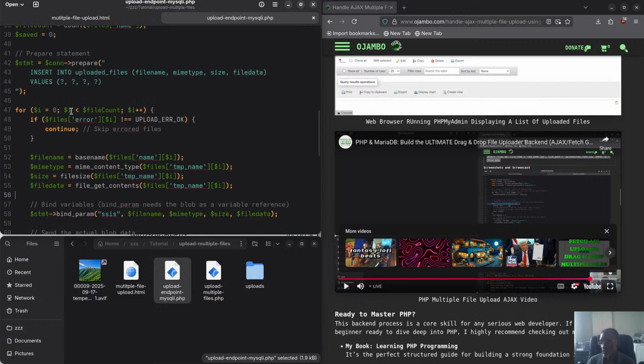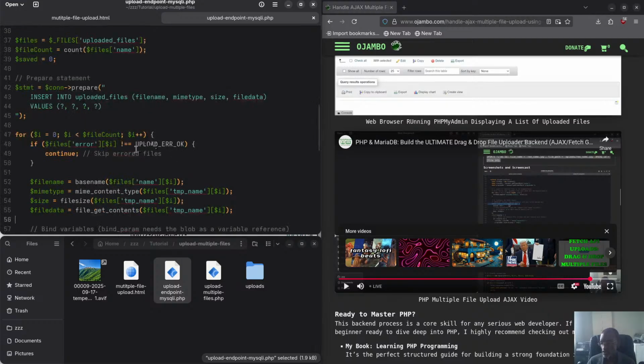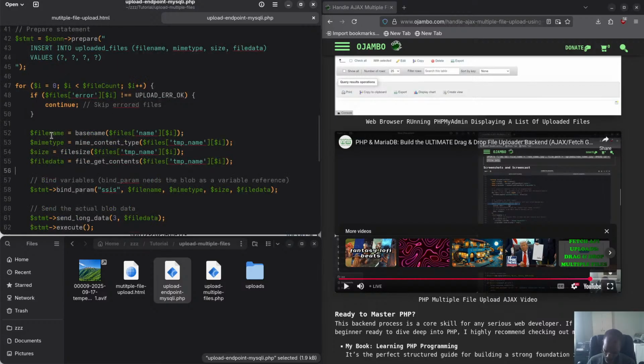And then after that, we just use a simple for loop, and we loop through all the files, and we're basically looking to see if any of them have an issue. If any of them have an issue, as you can see here, continue means that we skip the errored files. So that's the first thing we do. If everything's okay, meaning we haven't skipped it,